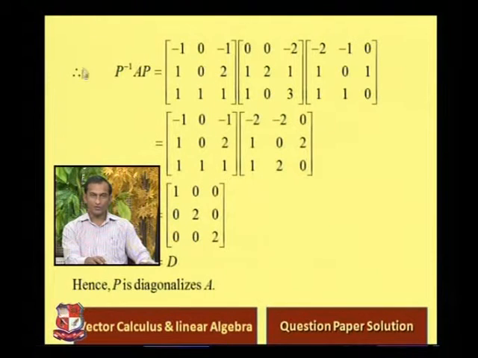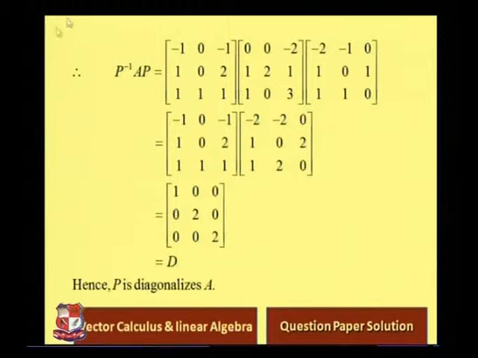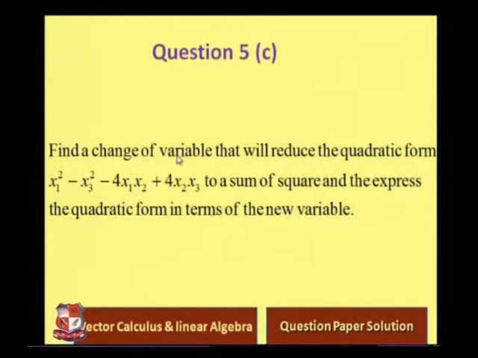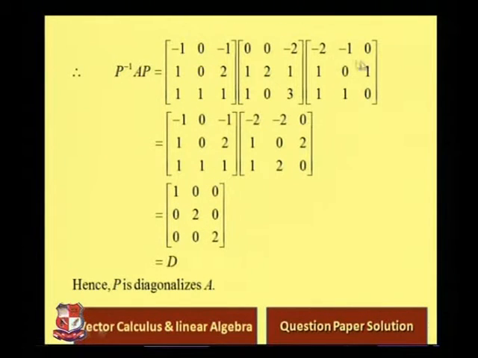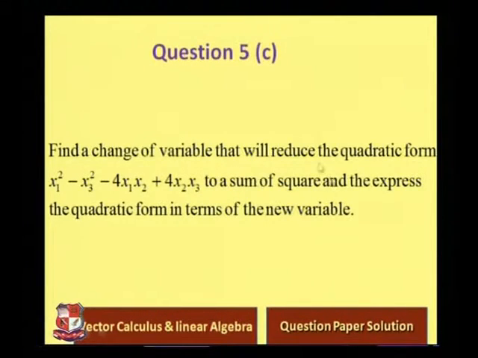Now using P inverse A P, so P inverse A P is our diagonalization. Substituting this, we get this matrix, multiply both matrices, and then multiplying with this matrix, we get 1 0 0 0 2 0 0 0 2, and this is a diagonal matrix. Therefore we can say A is diagonalized by P, so hence P diagonalizes A, and this is the last solution. Now question 5C, that means the next question is to find a change of variable that will reduce a